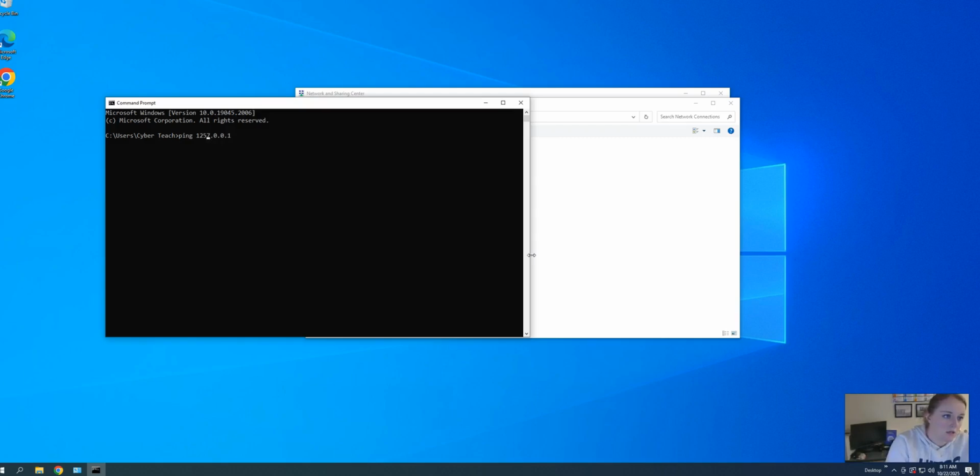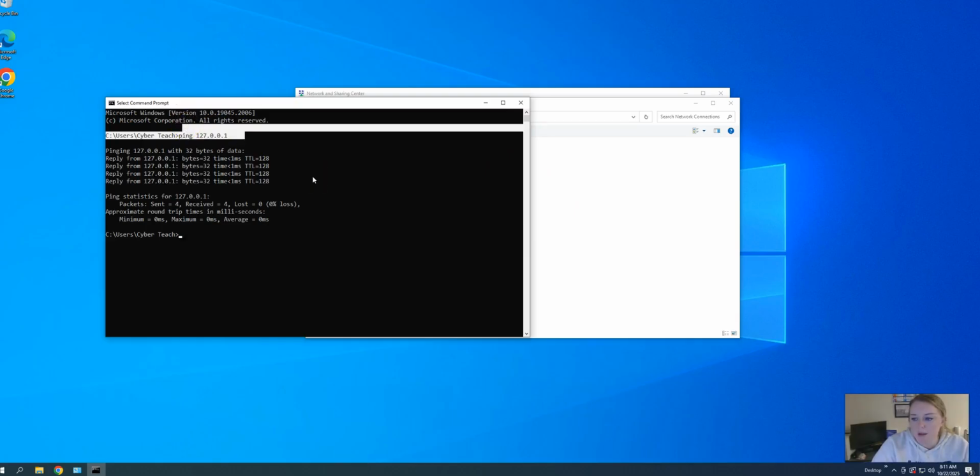127.0.0.1. Again, typing and talking is hard. Okay, IP address, right? So pinging that loopback returns to the computer that sent it. So me means home, right? It does not actually go out into the actual network. Again, the IP address of your loopback is